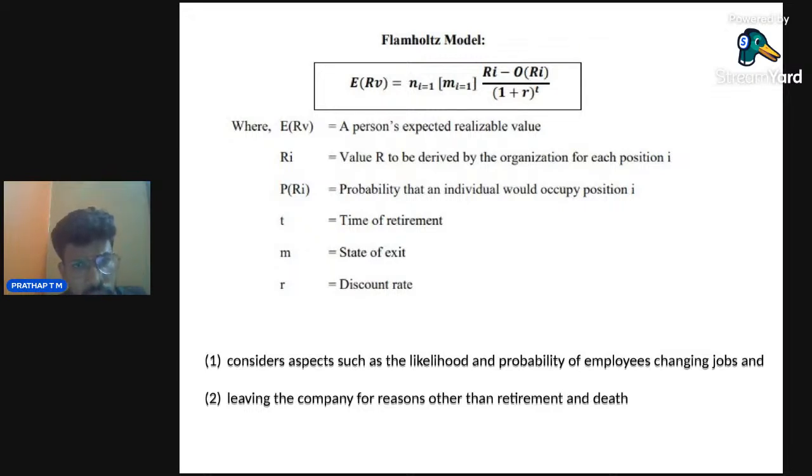the sum from i equals 1 to n of (M into I into Ri minus O into Ri) divided by (1 plus R) to the power of T. This is the formula we use for determining the value under Flamholtz's model. While determining this model, we will determine